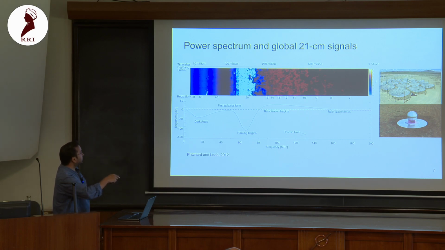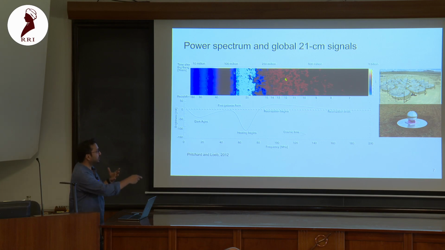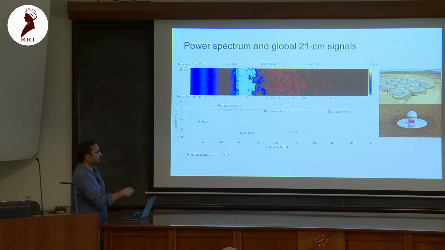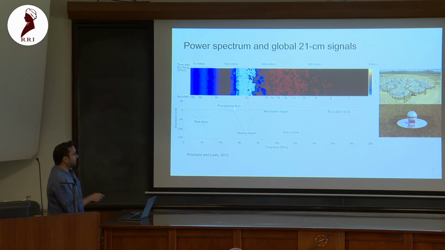While at a specific time, what we are looking at is the spatial distribution. So of course, universe has density fluctuations, and as the stars form, it's not very uniform across. So you can see, for example, the patchiness that we see here. So both of these are interesting properties. So given this field, what are the statistical measures that we can come up with? The very fundamental measure is just the mean, right? So we can look at the mean intensity at a given redshift and plot that as a function of redshift or frequency, which is what we call the global signal. So this is just a single number at every redshift.